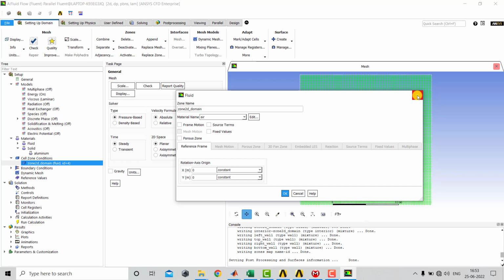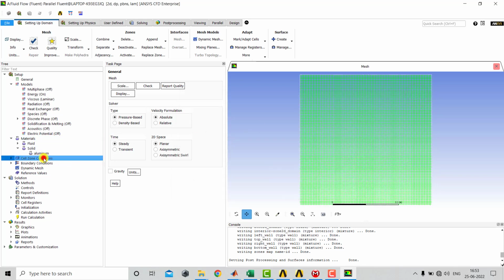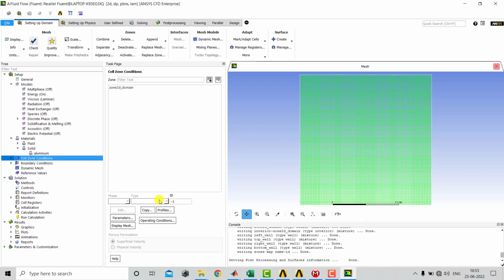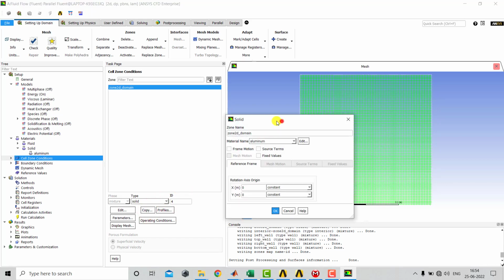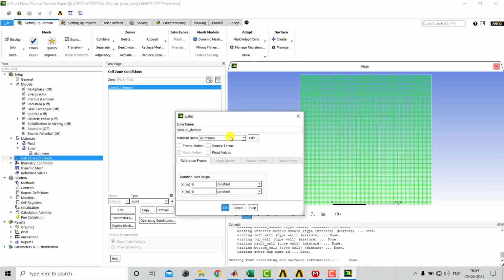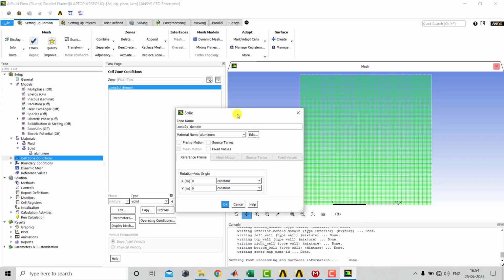So before applying the material, we click on the cell zone and select the 2D domain. In the type we select solid, and here we can specify the material. As the problem is independent of the solid material, we can select aluminum